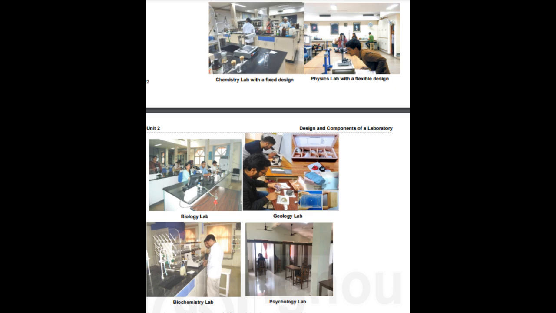2.2.3 Fume cupboards. Fume cupboards are an integral part of labs, specifically the chemistry labs. These are meant for carrying out reactions which may be hazardous to the people working in the lab. A typical fume cupboard is shown in Fig. 2.1. The design of a fume cupboard is very important. The fume cupboard should be such that it ensures an adequate flow of air whether its door or window is open or closed.